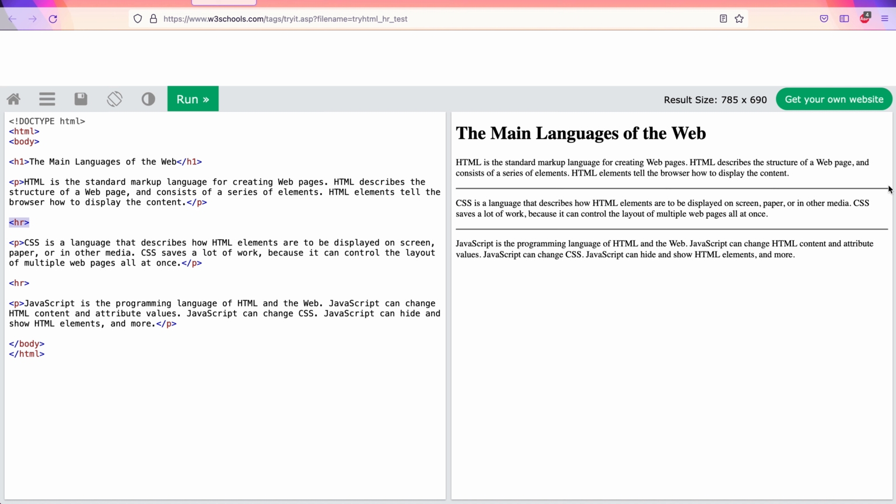The reason is you can change the color of this line from say black to something else. Likewise, you can also say where it should start on the screen and where it should end, how much percentage-wise width of the screen this line should use, by using different attributes that are available for the HR tag. Okay, so using the HR tag you can put a horizontal line on the screen.